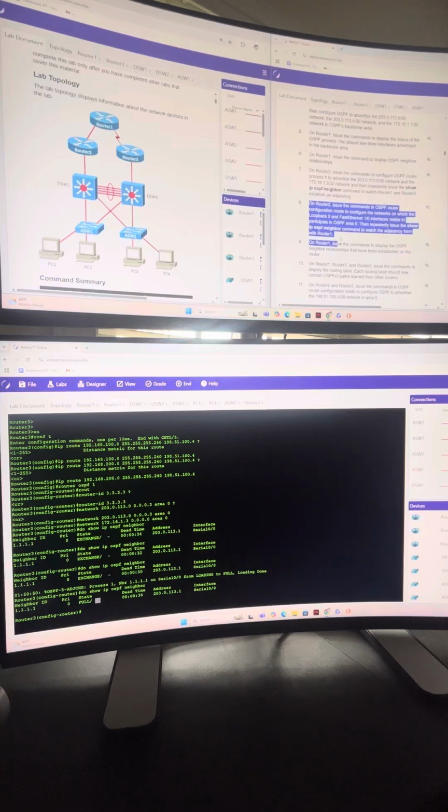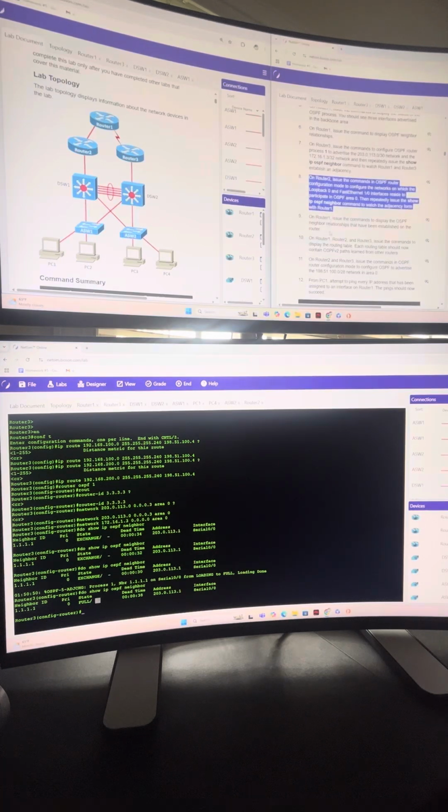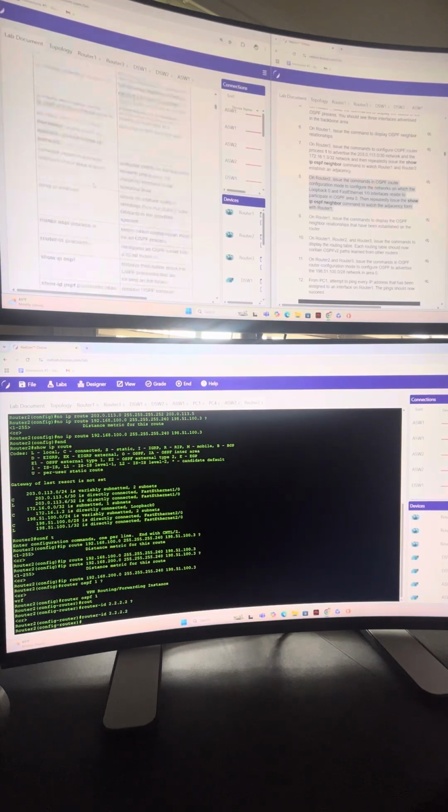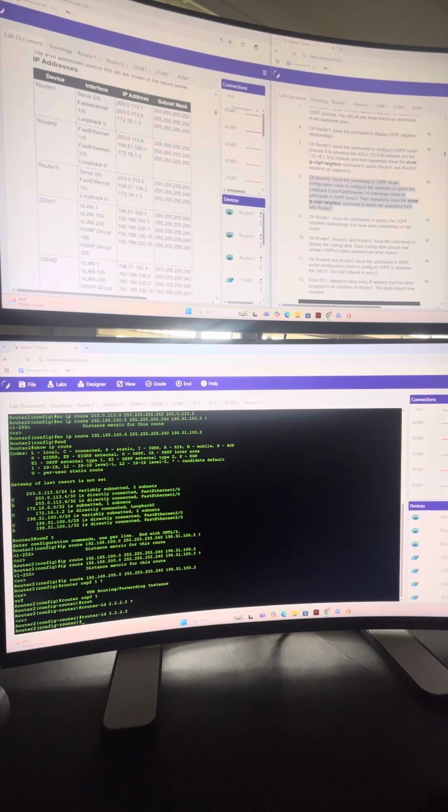So number 8, it says on router 2, issue the command in OSPF router configuration mode to configure the networks on which the loopback 0 and the FastEthernet 0/1 interface resides to participate in OSPF area 0. Then repeatedly issue the show IP OSPF neighbor command to watch the adjacency form with router 1. All right, so on router 2, we need to pull up the IP address table because it wants us to do the loopback 0 and the FastEthernet 0/1. So the FastEthernet